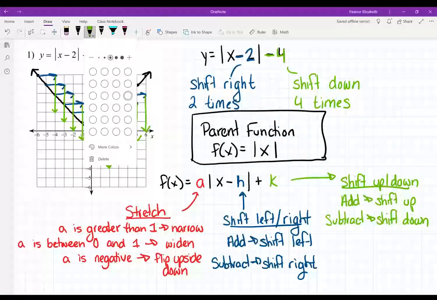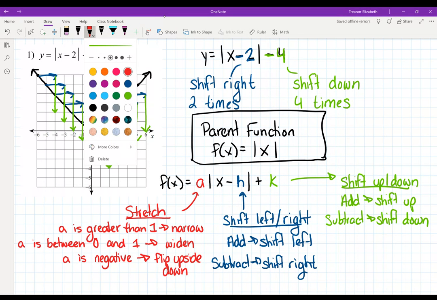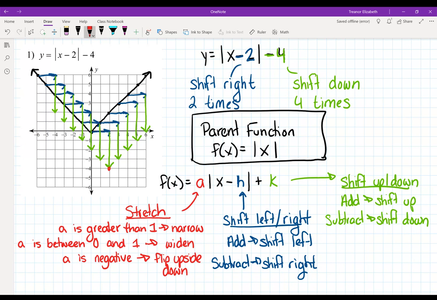So I'm going to do the new graph in red, because now a point is going to go at each one of these arrow ends. And even though I don't have any more arrow ends, we know the slope is -1, so that's going to continue to go up in that same direction. And then you connect